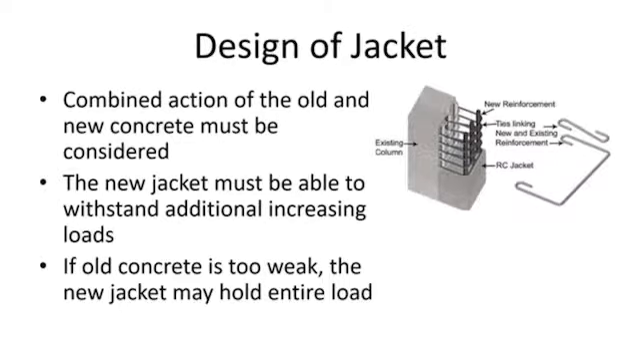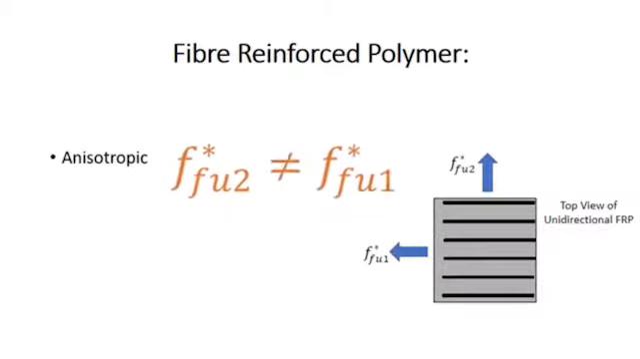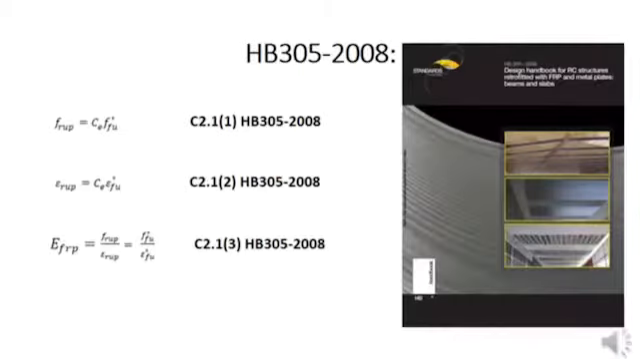FRP is a composite material of a polymeric resin acting as a matrix reinforced by strong, stiff fibers. Carbon fiber reinforced polymer, CFRP, is an FRP fabricated from carbon fibers. Standards Australia Handbook 305 2008 is essential when looking at using FRP for the repair and rehabilitation of reinforced concrete structures. There are two main methods of applying FRP. FRP is typically used for flexural support, shear support, column confinement, or lateral support, impact resistance, as